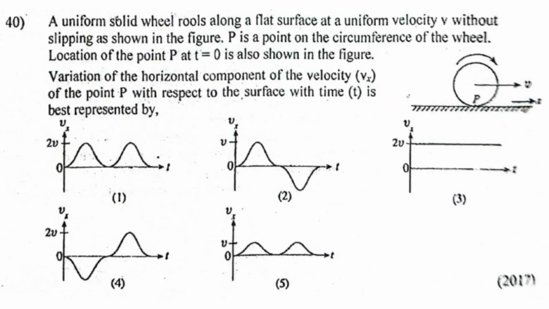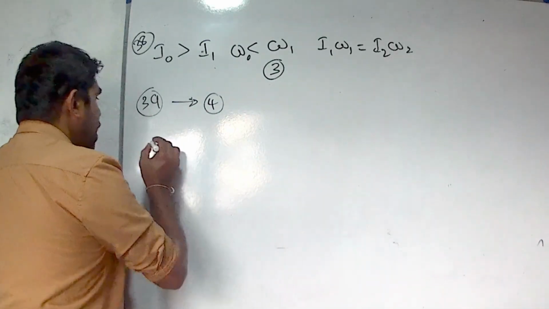Then question number 40. A uniform solid wheel rolls along a flat surface at a uniform velocity v without slipping as shown in the figure. P is a point on the circumference of the wheel. The location of point P at t equals 0 is also shown in the figure. The variation of the horizontal component of velocity Vx of the point P with respect to the surface with time is best represented by which graph? We know that when considering a rolling object,